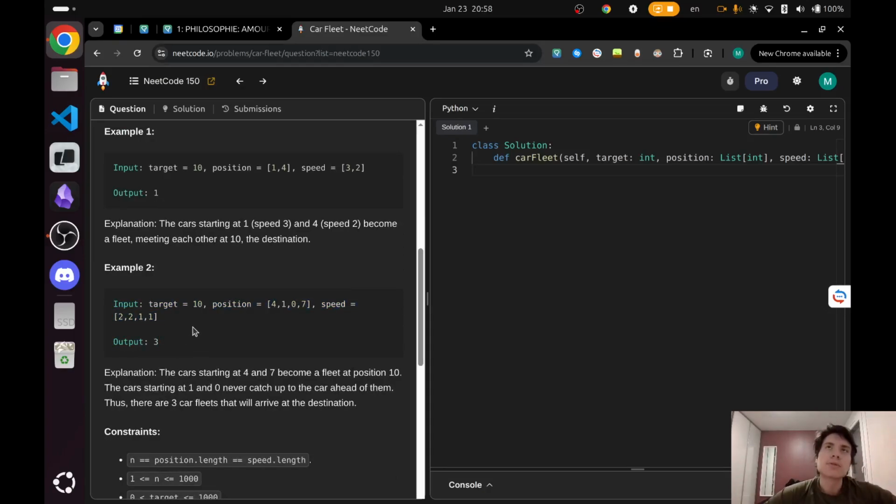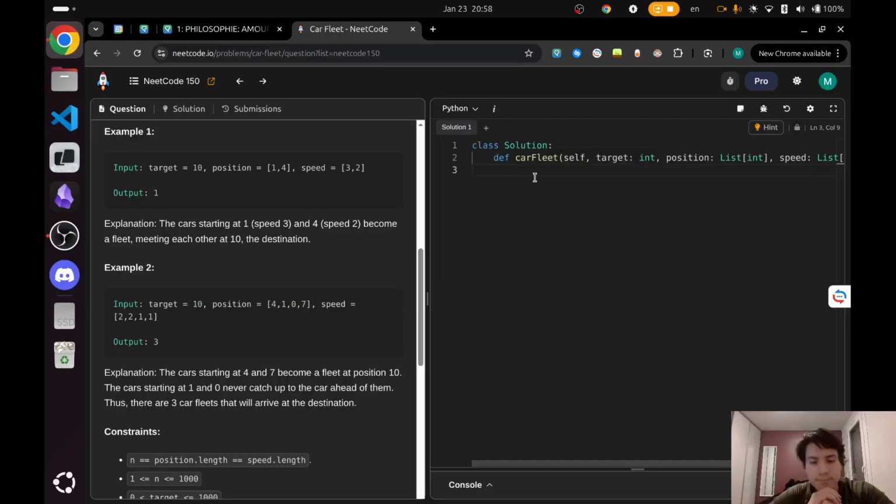And the main intuition to solve this problem is, you sort the array by positions. In this way, you can determine which car goes before and after another. And then you compute how much time it takes each car to arrive at the target. And if the time it takes is smaller, then they are gonna be part of one fleet. It was something like this, right? So first let's start by